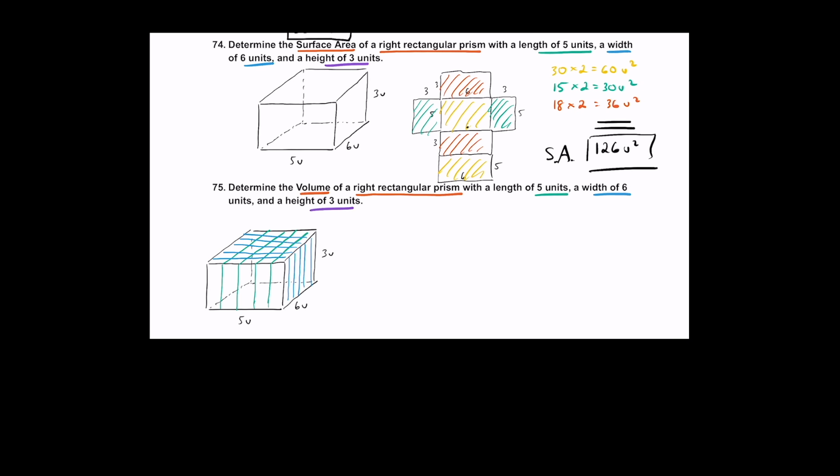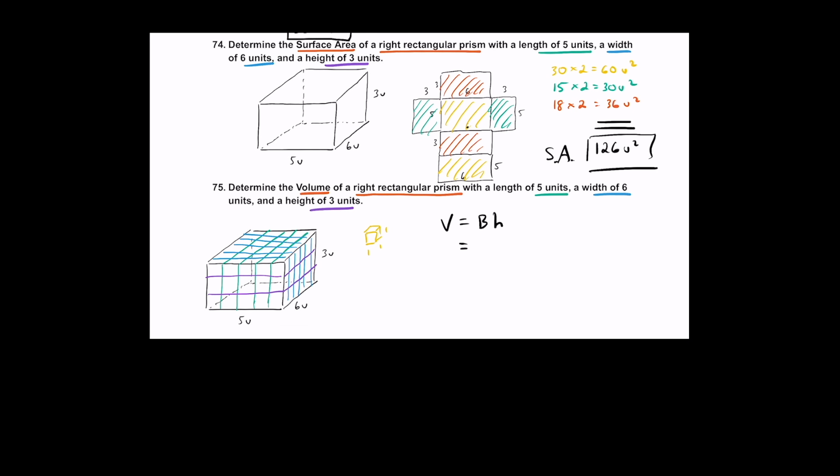So there you go. You can see that's the 6, but then for the 3, that's telling us how much we're stacking up and down. And so it would look something along the lines of this. And so you can hopefully see all the little cubes that are happening here. So volume is really asking the question, how many of these little 1 by 1 by 1 cubes are in there? The way to do that is you find the area of the base and you multiply it by the